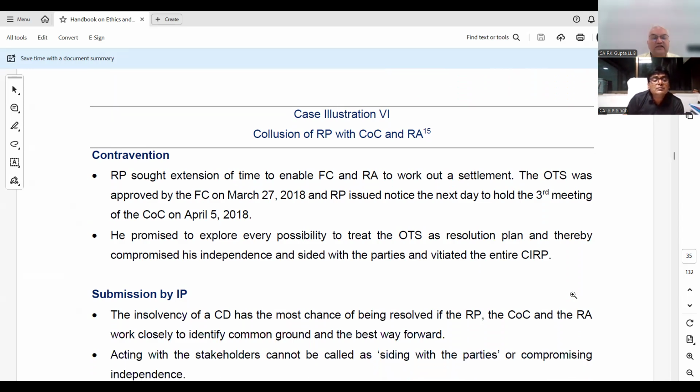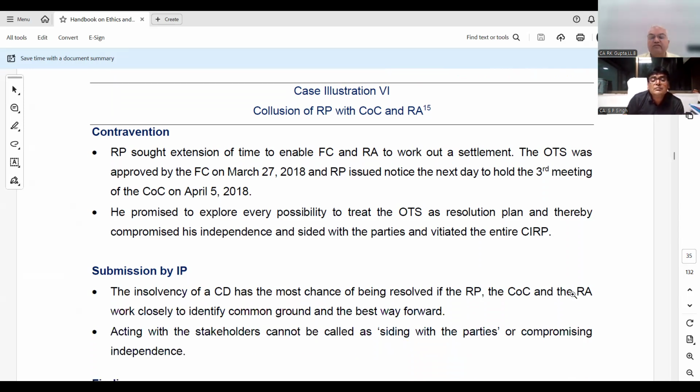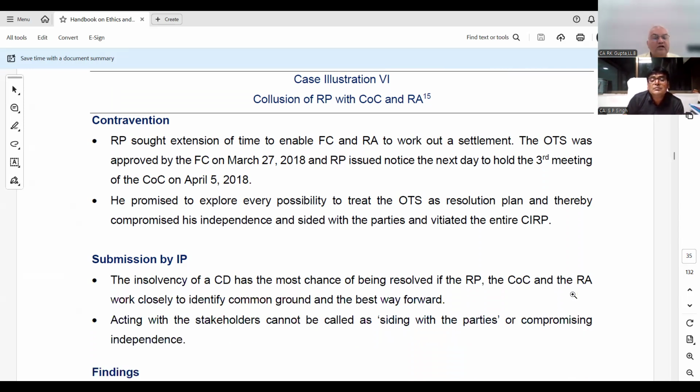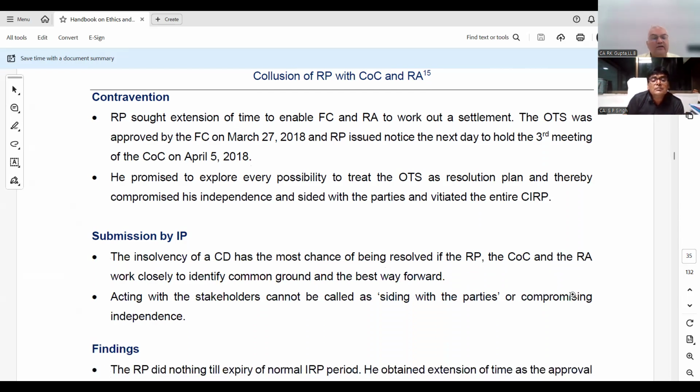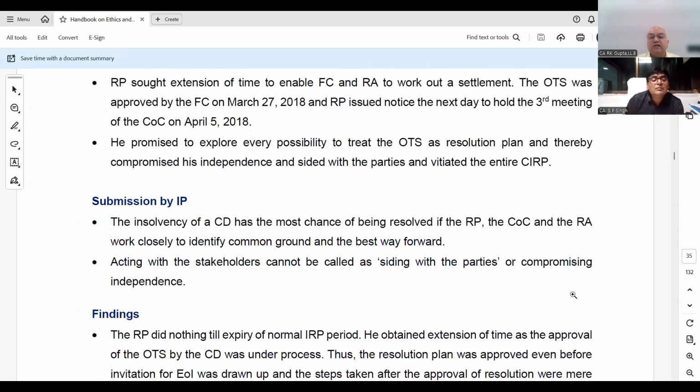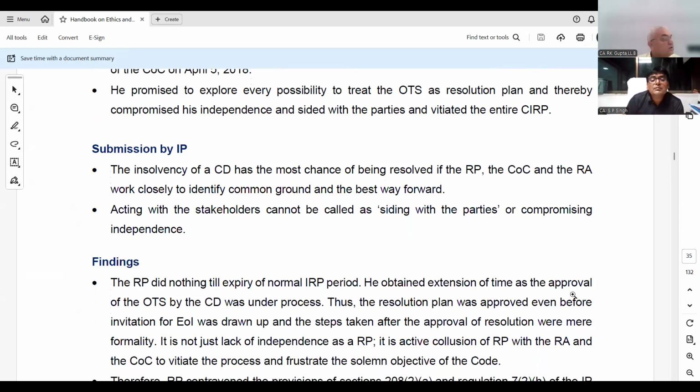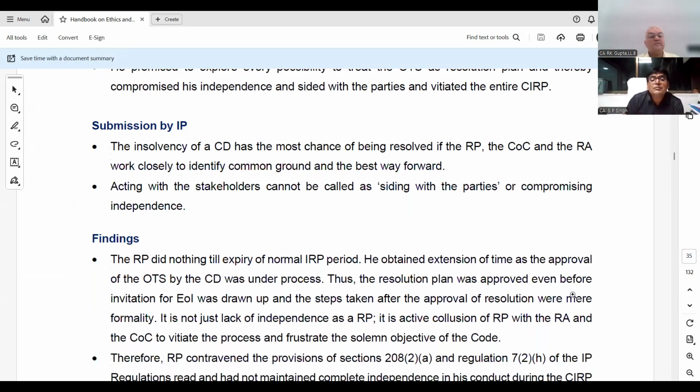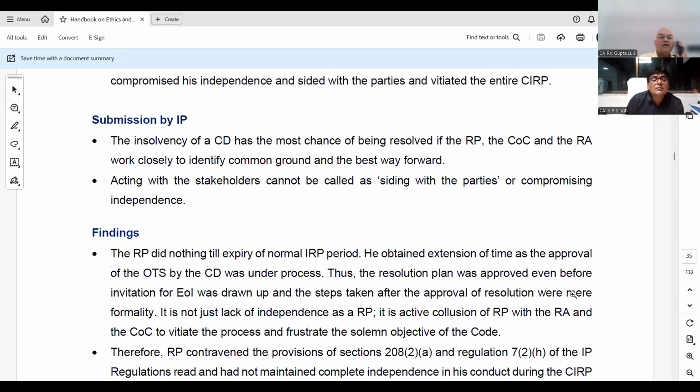The insolvency of a CD has the most chance of being resolved if the RP, the COC, and the RA work closely to identify common ground, the best way forward. Acting with the stakeholders cannot be called siding with the parties. So the point here was just